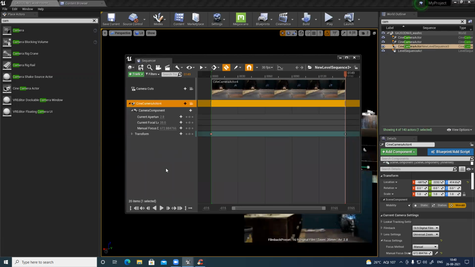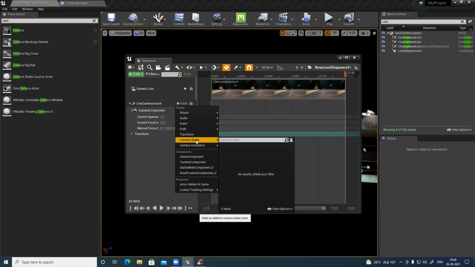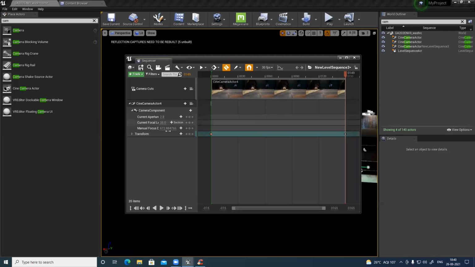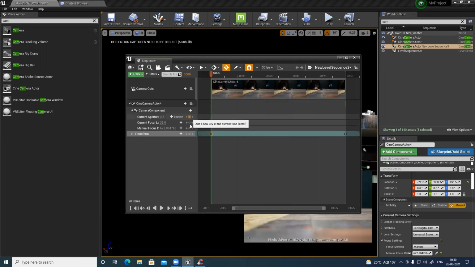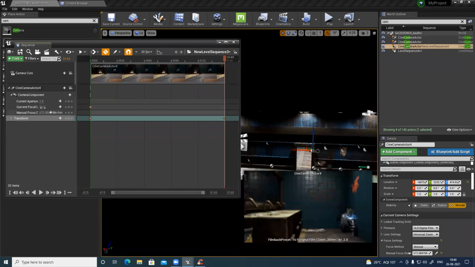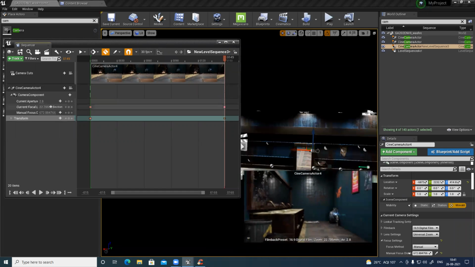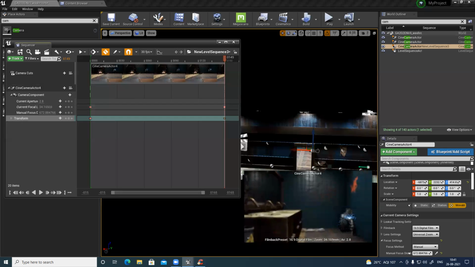I can do that. Here is my camera, track, click, and let's see. We have camera shake and all these options. No, it's okay. Focal length and everything is already there. Why do I have to do that? So click here, focal length and all these things. Add a camera and click this dot to snap here. Now I can see everything is blur. So this focal length I can definitely change. It won't look nice.